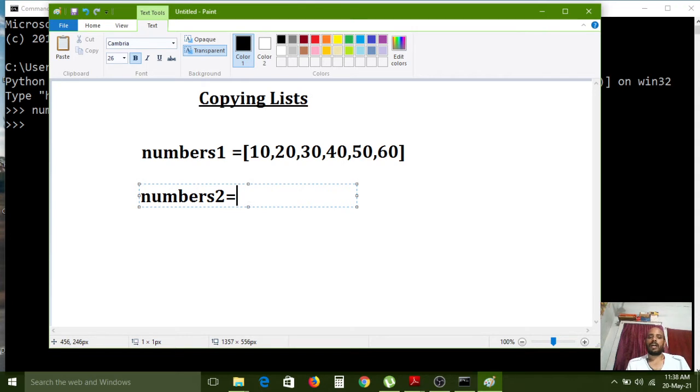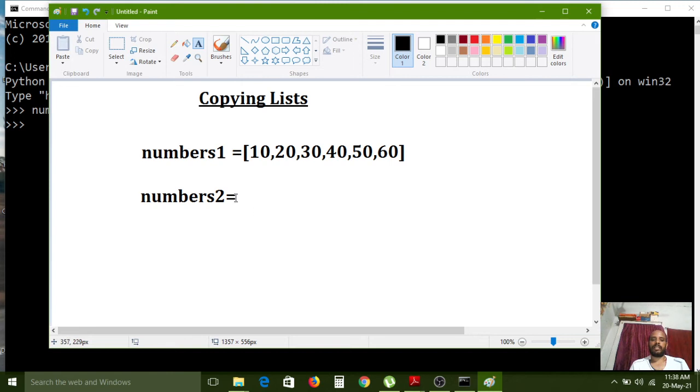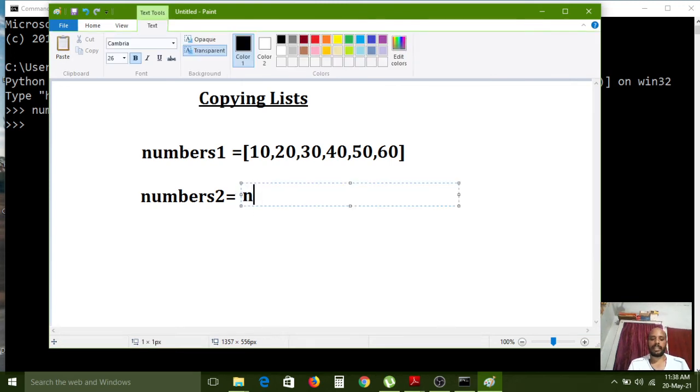How do I copy from the existing list? Simply I can assign this name to that list, like numbers2 equals numbers1. If you write like that in your program, carefully observe.